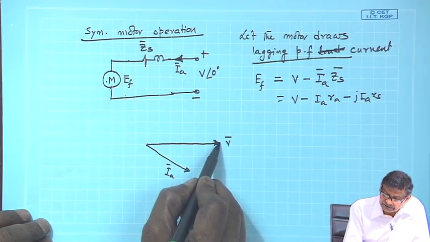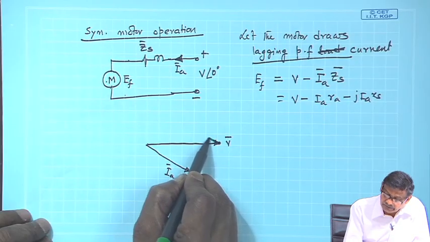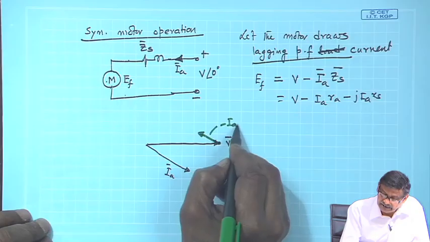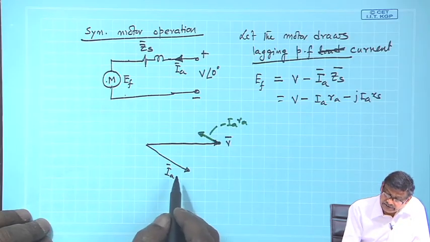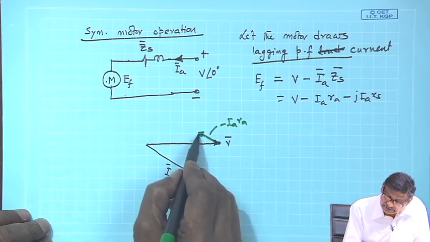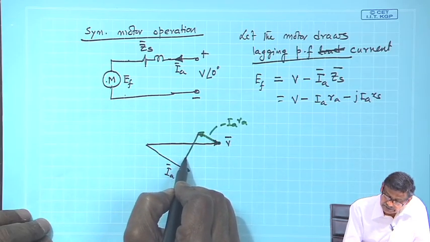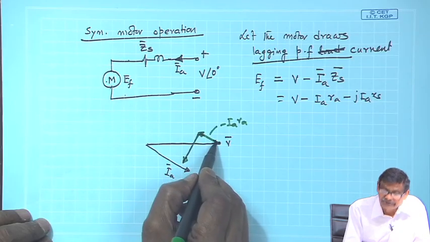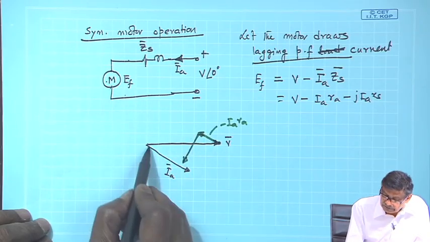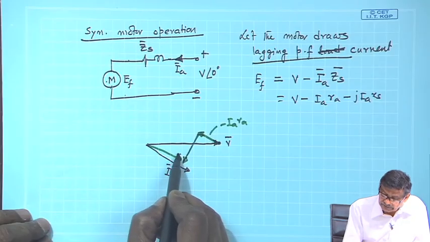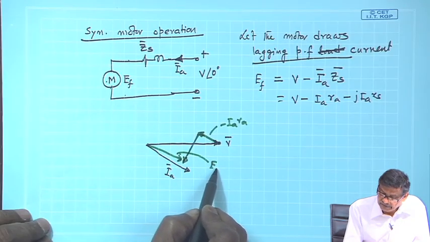First I subtract minus I a R a, it will be like this. Then minus J I a X s will be 90 degrees to this, and this length is much higher compared to this length. So you will get your excitation voltage E f,